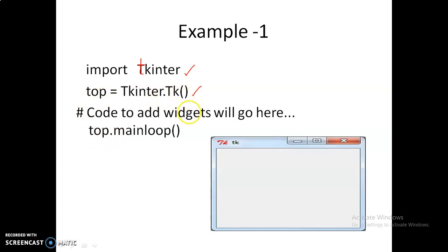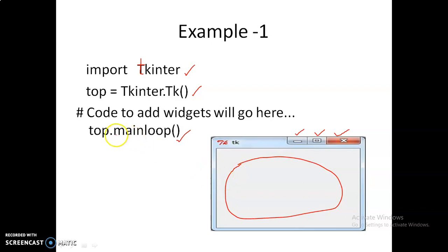After creating this, we just call the function mainloop. This is the function which starts the window and shows the window appearance. It has different buttons like minimize, maximize and close, and it has a border. This is the space where we can add our controls.